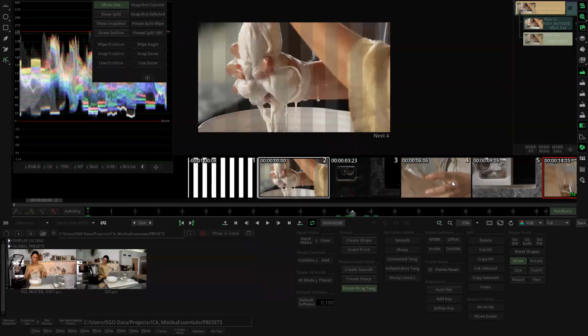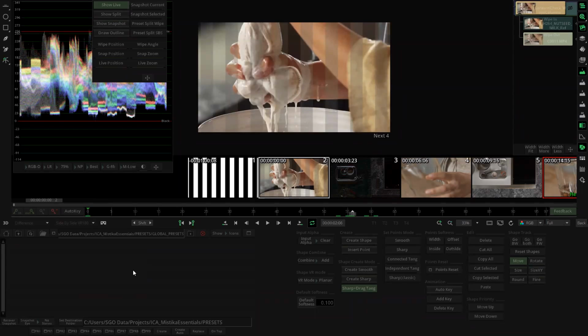So I'm going to go to my presets here. If you remember correctly, last week we saved presets of our grades here. And now I'm going to go here into my global presets for a second. Just going to double click, and this is empty right now. And I'm going to set the destination folder of this preset. Just going to click here in set destination, and it's going to be in the global presets. What we're going to do here is save this preset for any conforms that we're going to do in the future. So I'm going to press create,